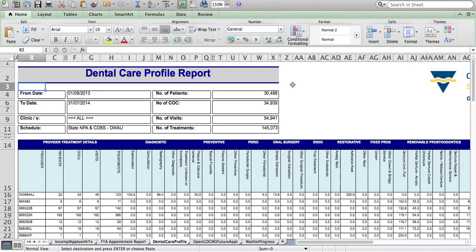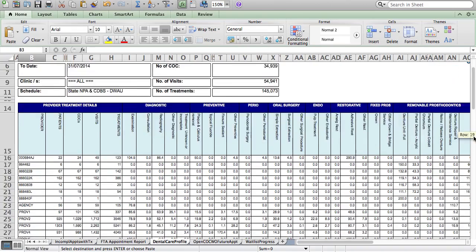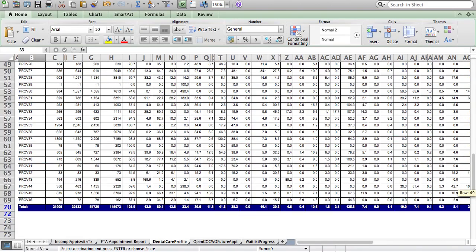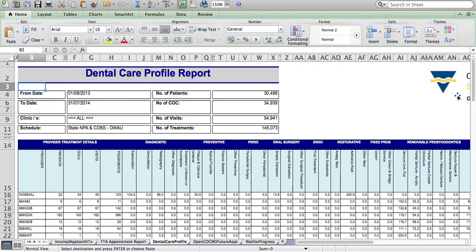A sample of the Dental Care Profile Report is displayed here. The profile data is displayed for each individual provider in separate rows, with an overall agency or clinic profile for all providers at the base of the report. The columns in the main body of the report provide a measure of the number of service items provided for every 100 individuals treated in the report period by the clinician, emphasising the numbers do not represent the total number of services the clinician has provided, but rather a rate per